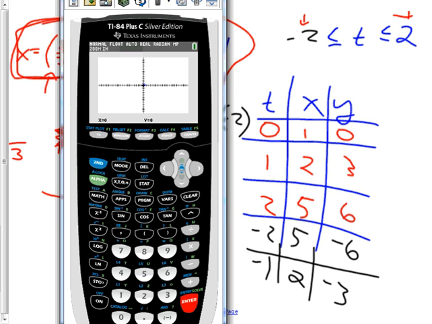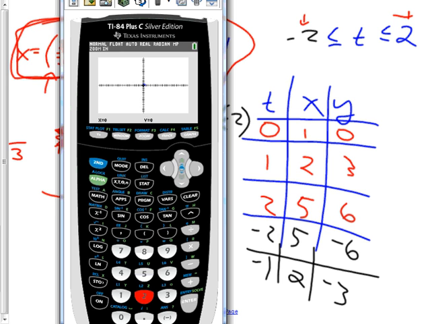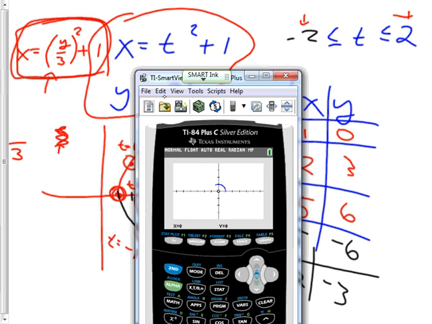All right? I really wish I could see this better. I'm going to zoom in. There we go. So that's where it starts. Why does it start there? It's putting in t equals 0. Could you have done this with your brain? Of course you could have. It's x was cosine and y was sine,